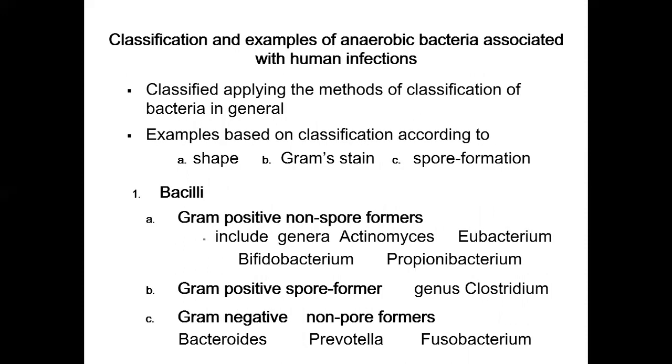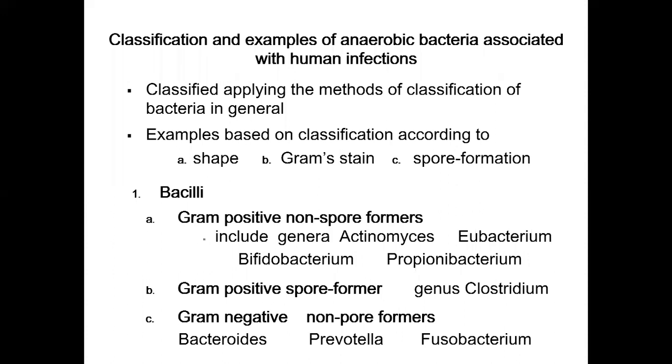So the organisms we are talking about, to mention them better, it's better if classification is done, so that you know which class they belong to. So, classification and examples of anaerobic bacteria associated with human infection. They are bacteria and they're classified like other bacteria, applying all those methods that we mentioned that are applicable when one is classifying bacteria. But we are going to look at this using one method, the commonly used one based on Gram reaction,